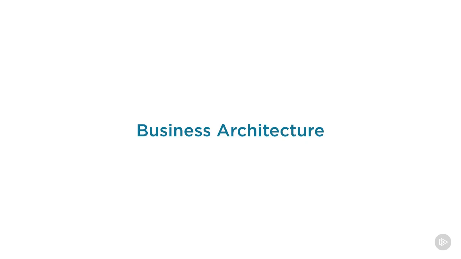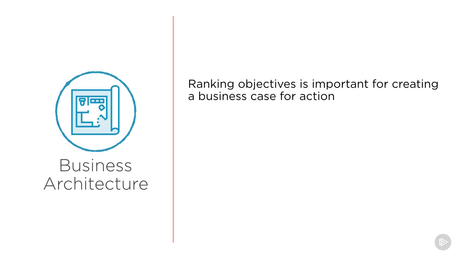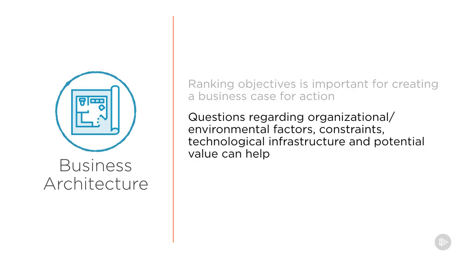Now it's time to discuss business architecture and how it comes into play. As we've discussed in the previous couple modules, ranking objectives is very important to creating a business case for action. We need to be able to evaluate how these objectives rank based on factors like organizational and environmental attributes, any constraints that we might face in terms of the type of solutions we are allowed to undertake based on corporate